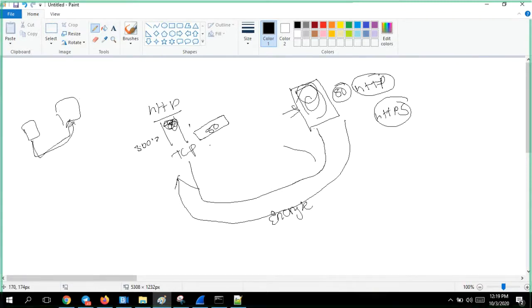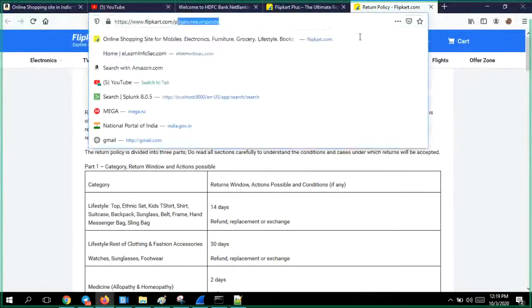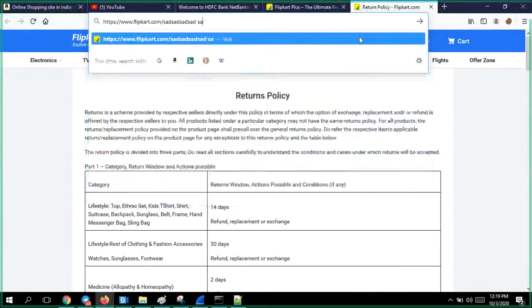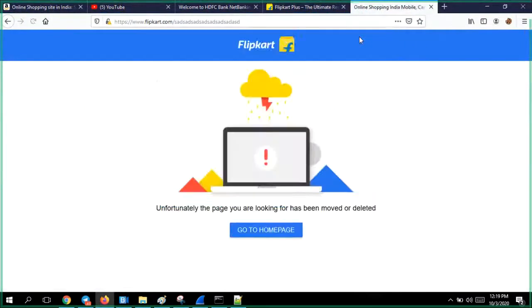If you enter with something, it will respond with a code. The code can be 404. If it is a client mistake, who has done it? The client has done it, right? So that's why these are client errors.